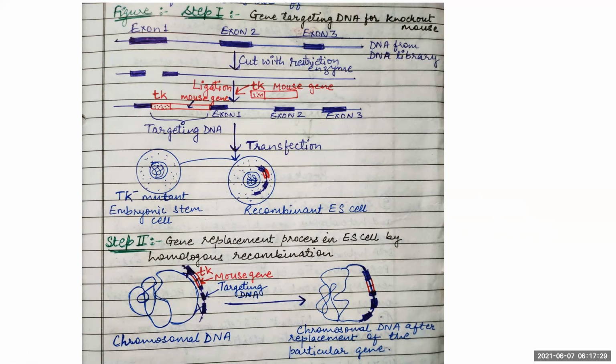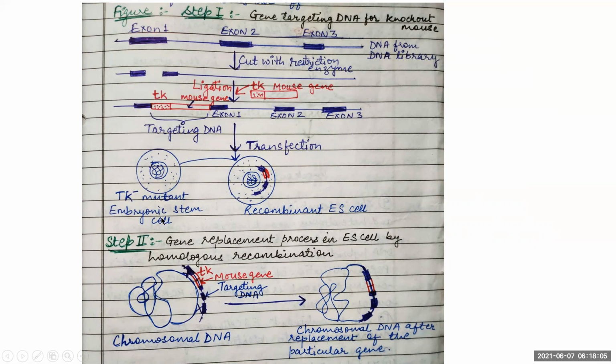Now, when you cut it, what do you put in its place? You put a targeting DNA. What is the targeting DNA? It is mouse gene, non-functional of course, with a thymidine kinase enzyme gene. Instead of thymidine kinase enzyme gene, you can also take neomycin resistance gene. This is just for identification of the recombinants. Okay, you need to identify the recombinants. That's why you have a marker gene. This is thymidine kinase gene. Now this is called the targeting DNA. This is a cloned DNA now, right?